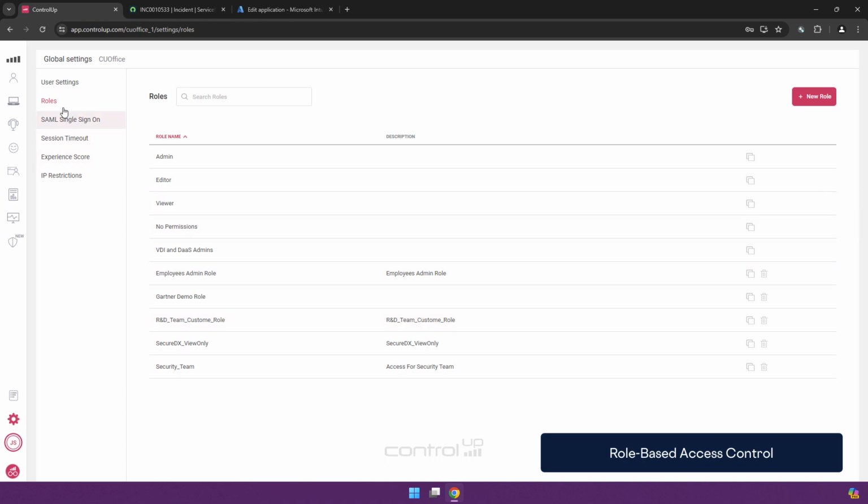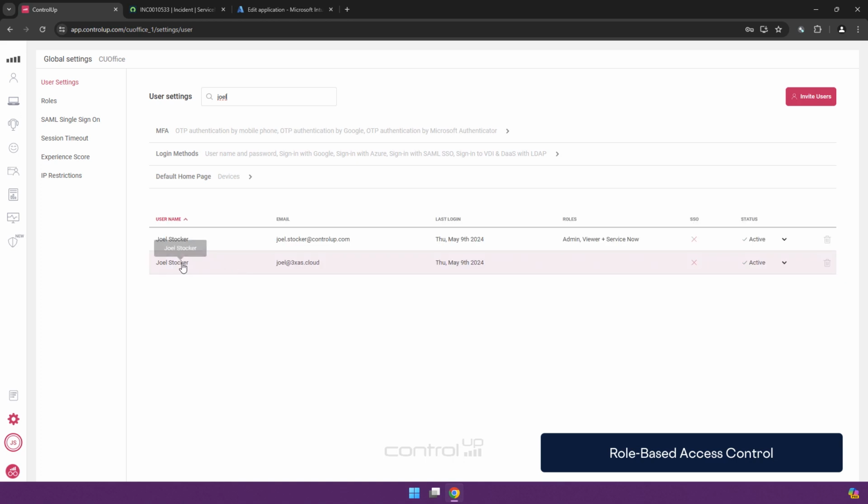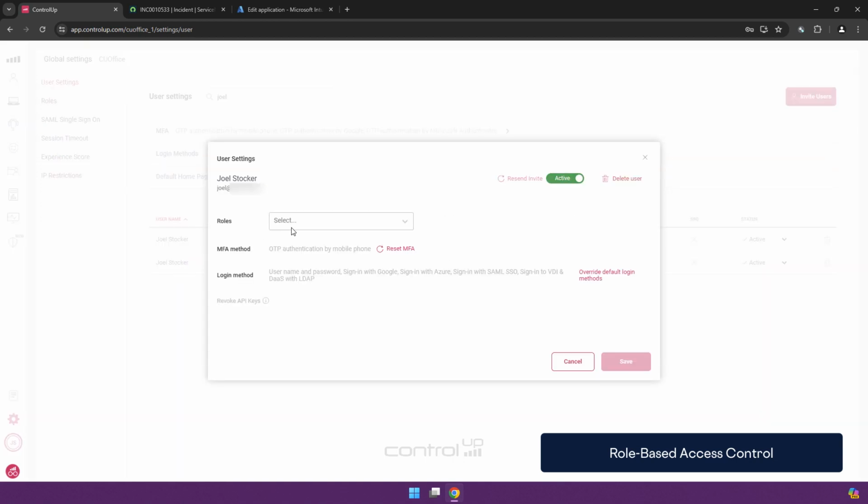I can either do that from the role, or I can go to the individual user and change their role assignment. So in this case, this user will only get these permissions as defined in the role.